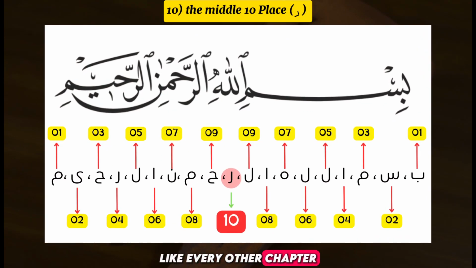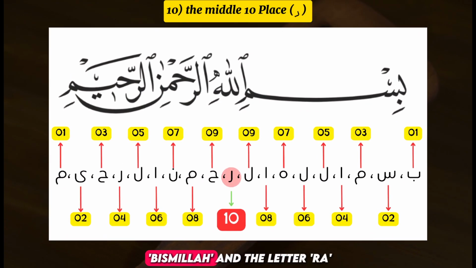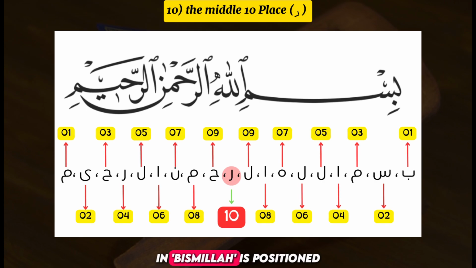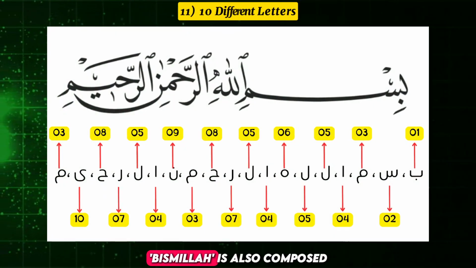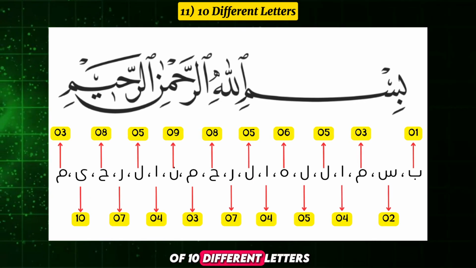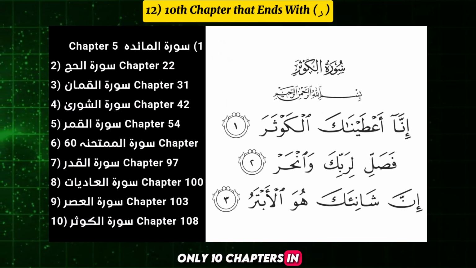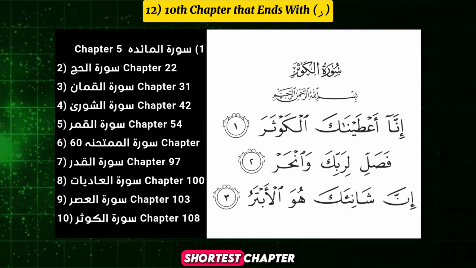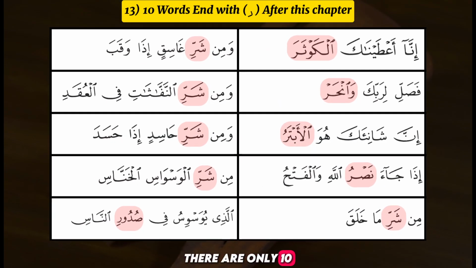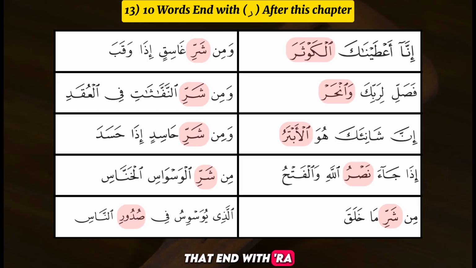Like every other chapter, this chapter begins with Bismillah, and the letter Ra in Bismillah is positioned at the 10th place from both the beginning and the end. Bismillah is also composed of 10 different letters. Only 10 chapters in the Quran end with the letter Ra, and the 10th chapter to end with Ra is this shortest chapter. There are only 10 words in the entire Quran that end with Ra from this chapter to